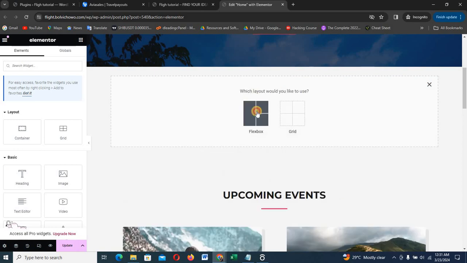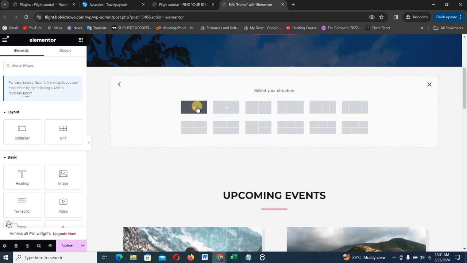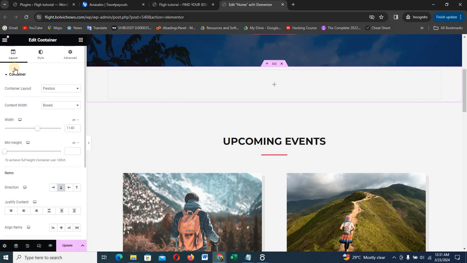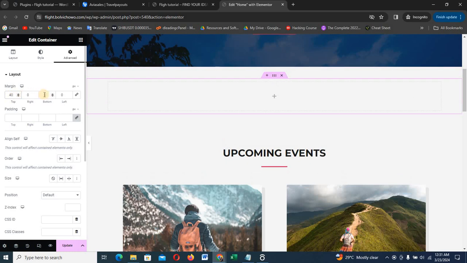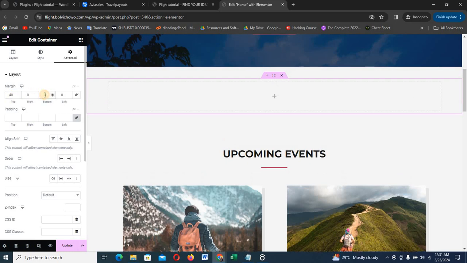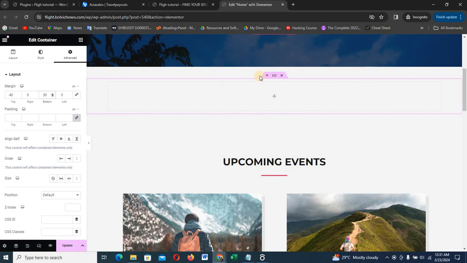Click on this plus icon again. Click on this and pick this. I'm going to give it 30. Or let me just give it... I'm going to unlink the padding here and come here, and I'll put 40 here. Let me just use 40 here, and I'll use 30 here. So I want to give it a space up and a space down, right? So I'm going to come back here